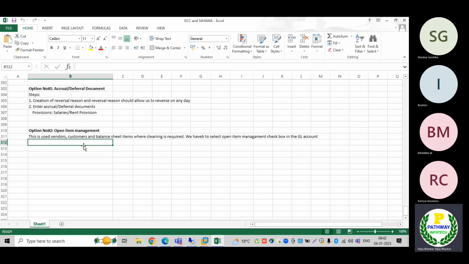Remember, important things you need to remember. In the interview perspective, remember, I will mention here the open item management checkbox, the open item management option in the GL account. You can take a note somewhere for the interview point of view. This is the important one. Number one, the open item management